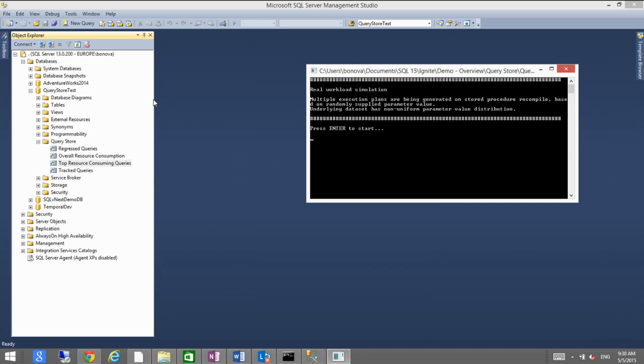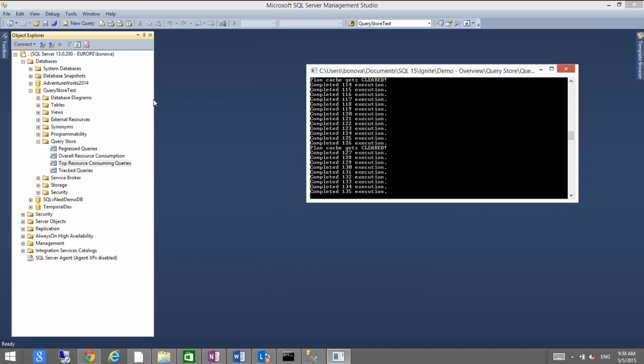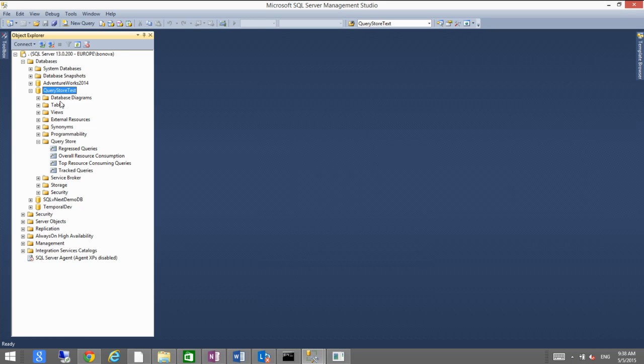Here I have a very simple application that is generating thousands and thousands of queries against my database, and this really emulates what happens in your environment every day, right? Let me start this application, and let me open SQL Server Management Studio to see what kind of new insight you can get from there. Please note that all databases that are enabled for Query Store now have a new folder under the database node in Object Explorer, and this is the default place for you to go when you need